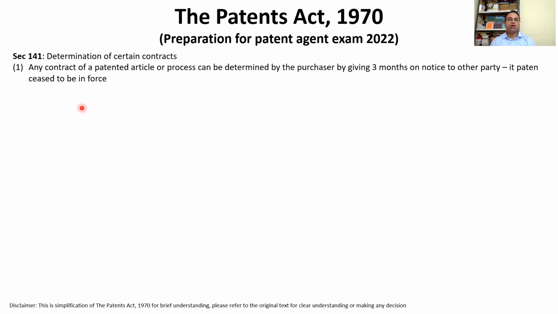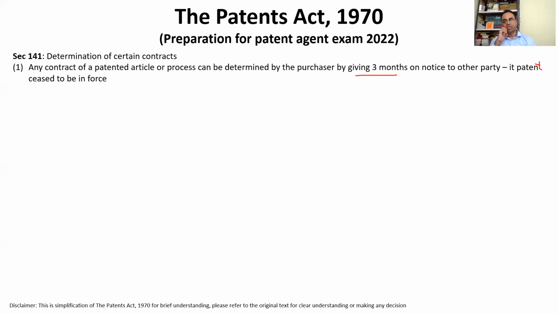Or if the patent ceases to be in force. So two conditions. If there is any contract for the patent article, how much notice is required? 3 months notice to the other party, and you can